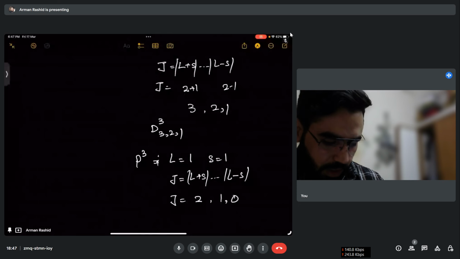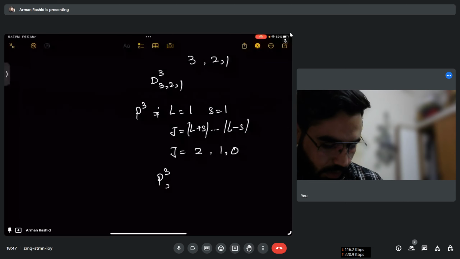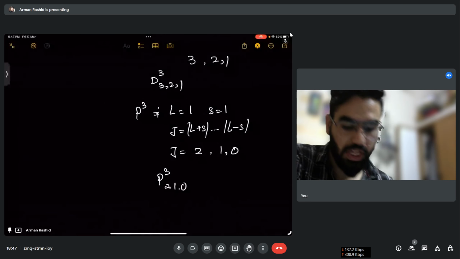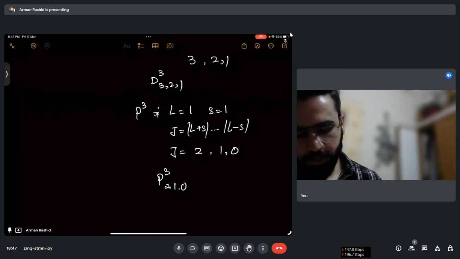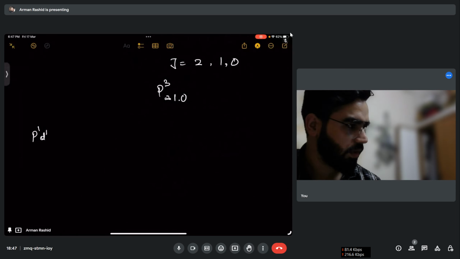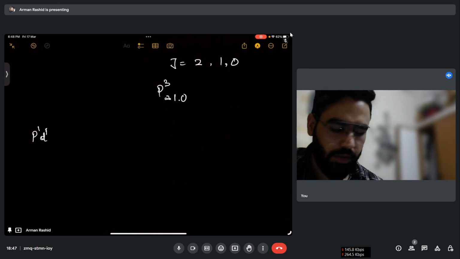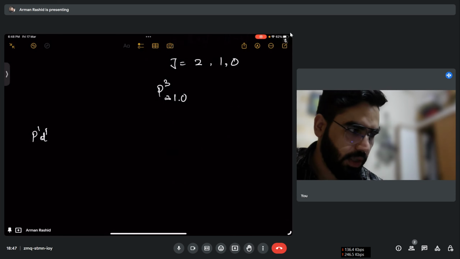Okay, so P has 3 states: 2, 1, 0. So what we have done till now is, if we have a configuration P1 D1, it first gets split on the basis of